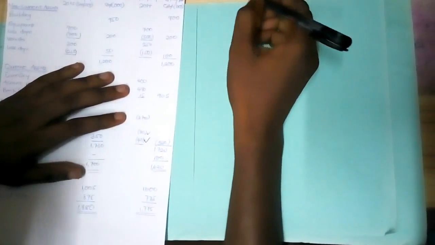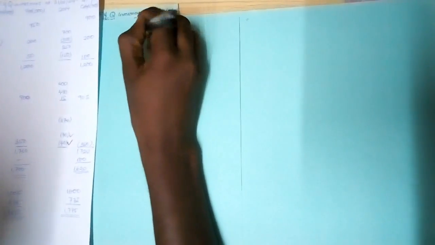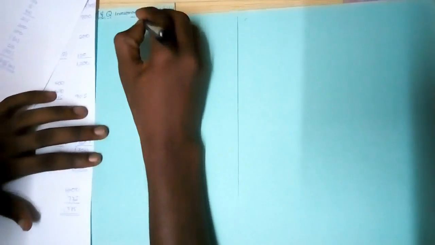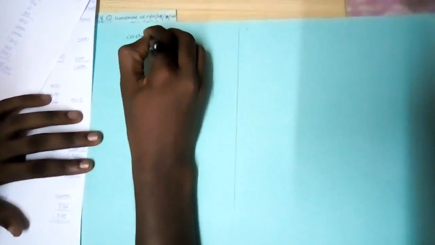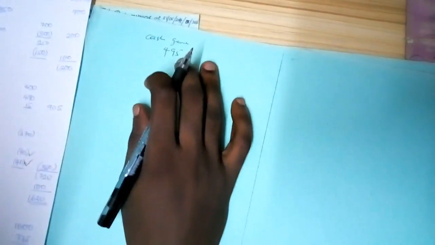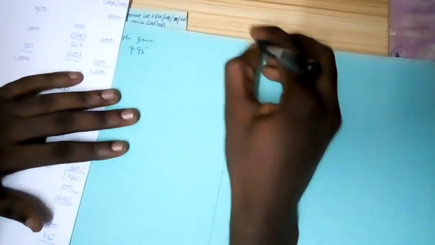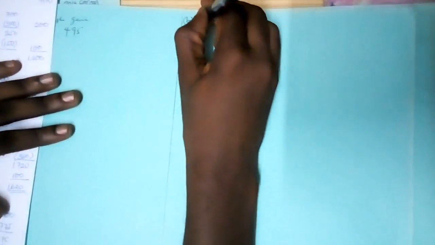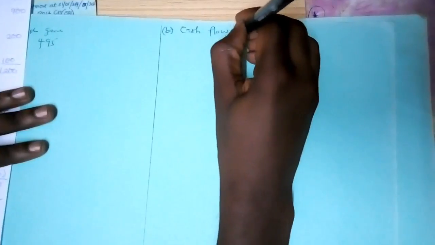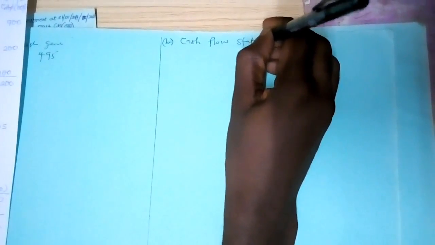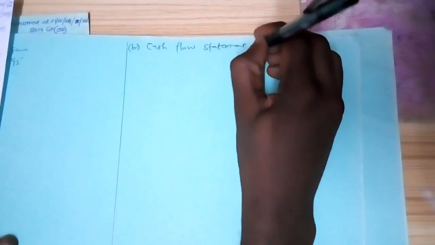In part 1 we found our cash generated from operating activities, 495, and that's what we are going to use for our second working. So part B of the question says the cash flow statement. We are finding the cash flow statement for the year ended